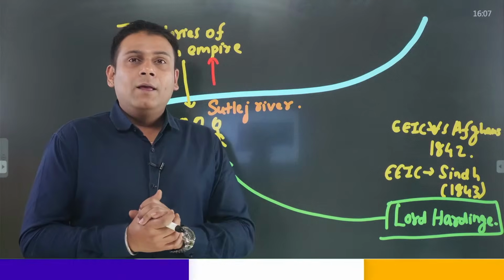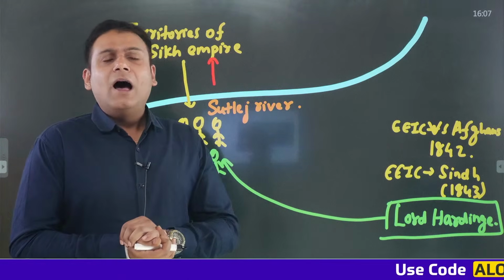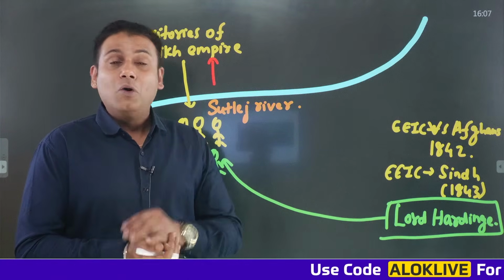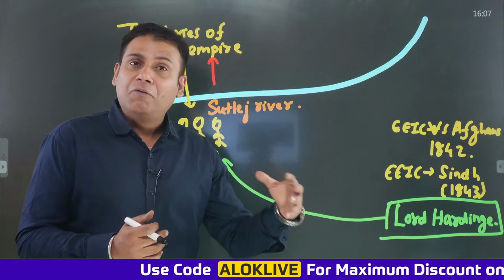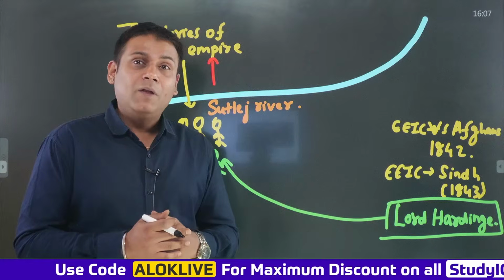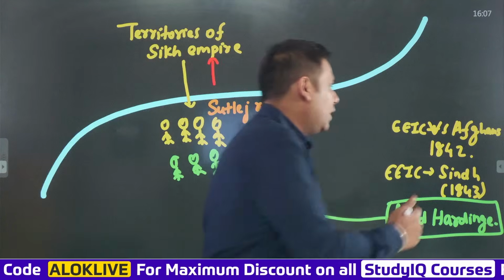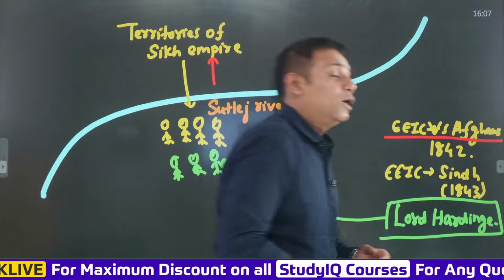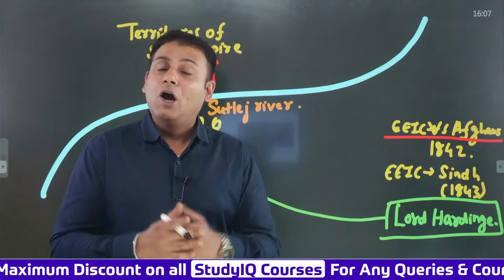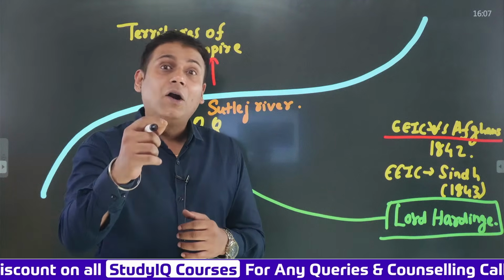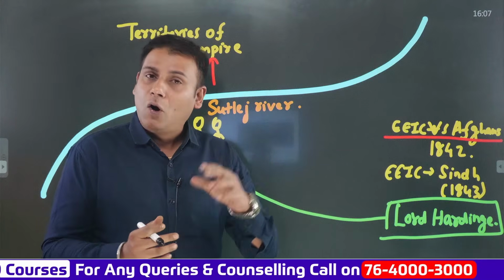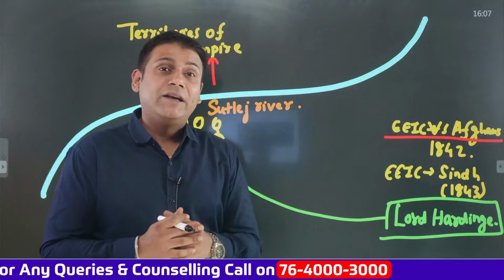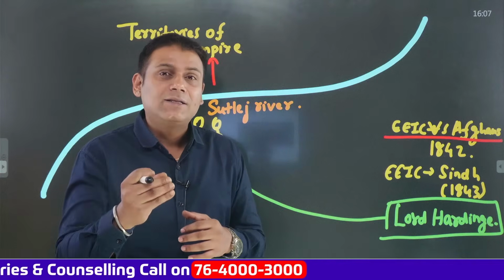Now, the English East India Company, after the 1830s itself, was continuously following the policy of expansionism. It was following the policy of imperialism. And in 1842, the first Anglo-Afghan war was fought during the tenure of a Governor General whose name was Lord Auckland. Now, why the first Anglo-Afghan war was fought, we have already seen in the list of Governor Generals, but here I will discuss that in short.